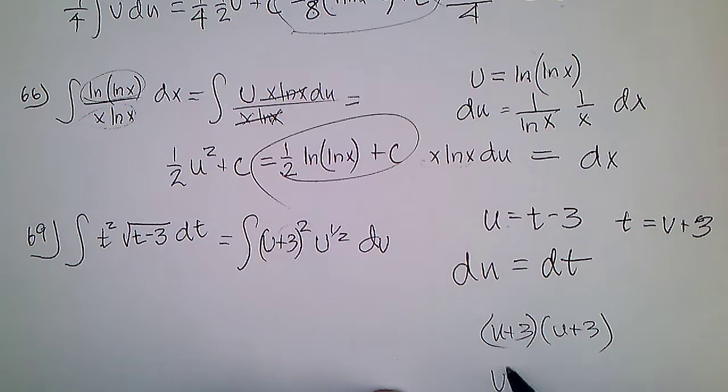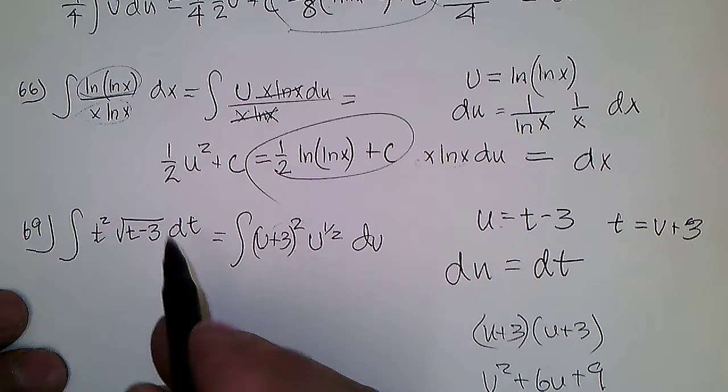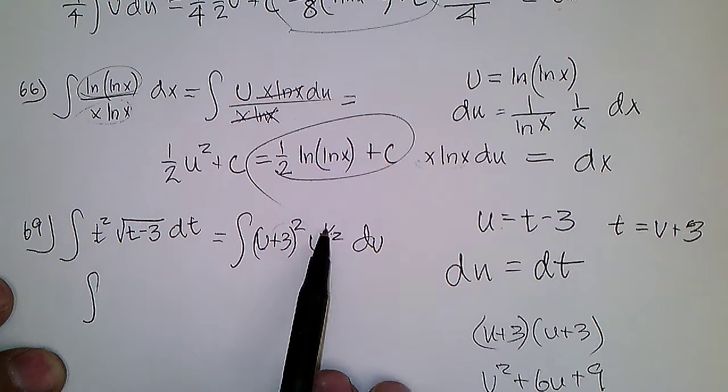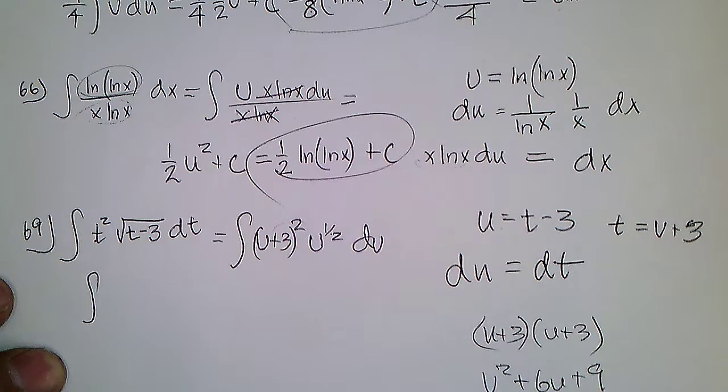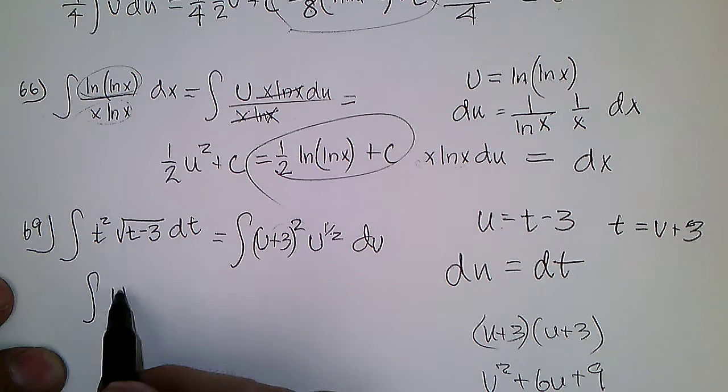Just showing you that's going to be u squared plus 6u plus 9 if I multiply that all out. So I'm going to have that times u to the 1/2. So I'm going to have the integral of u squared times u to the 1/2. I add the power, so 2 plus 1/2, 4 halves plus a half is 5 halves,